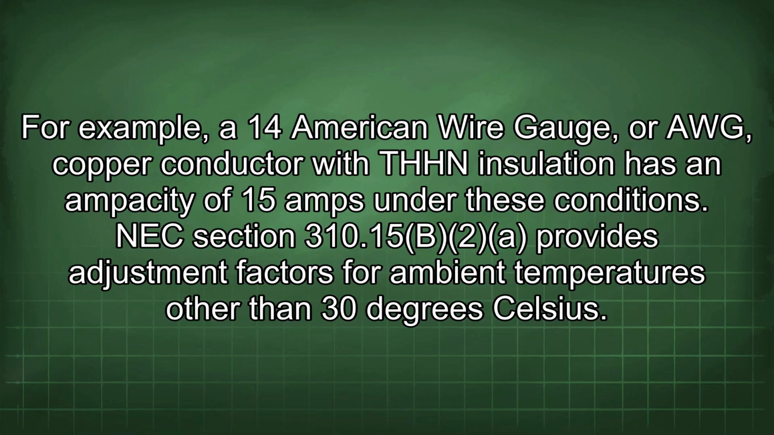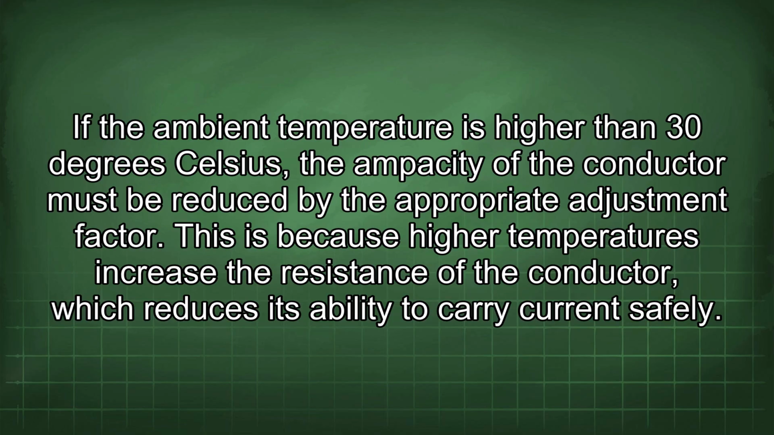NEC Section 310.15(B)(2) provides adjustment factors for ambient temperatures other than 30 degrees Celsius. If the ambient temperature is higher than 30 degrees Celsius, the ampacity of the conductor must be reduced by the appropriate adjustment factor. This is because high temperatures increase the resistance of the conductor, which reduces its ability to carry